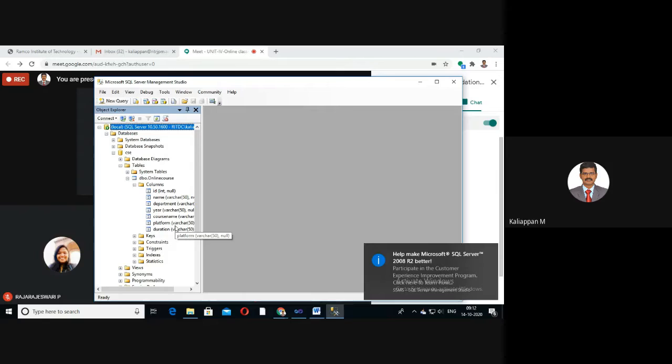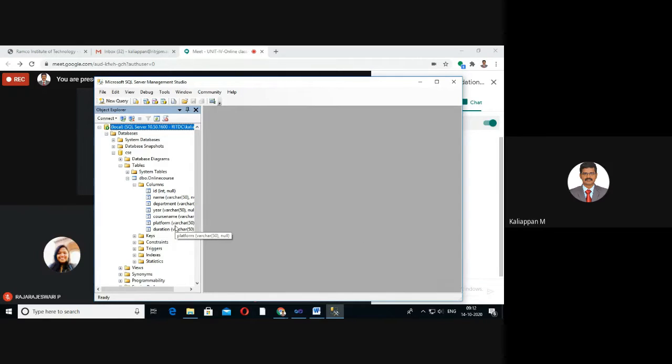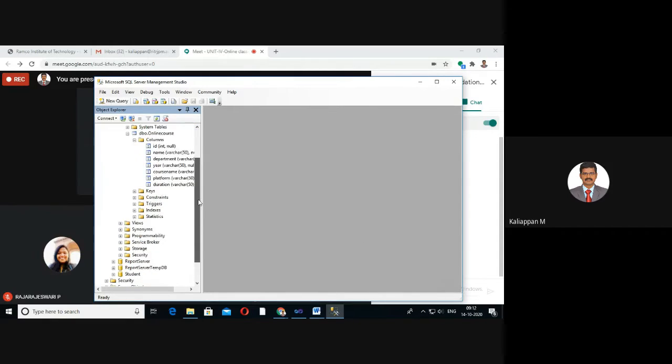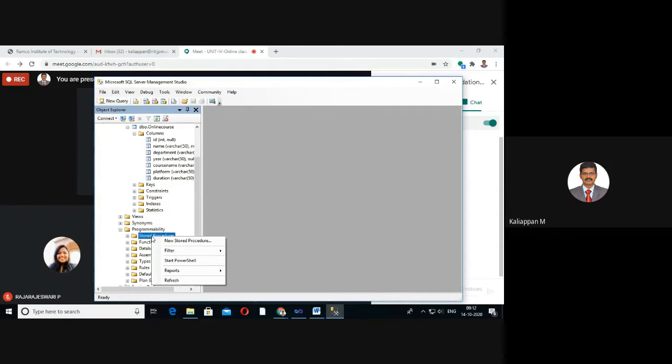Then, how to create a stored procedure in this database? You can see another folder called programmability. Expand that. Here you can view the stored procedures. Just right click on stored procedures and click new stored procedure.